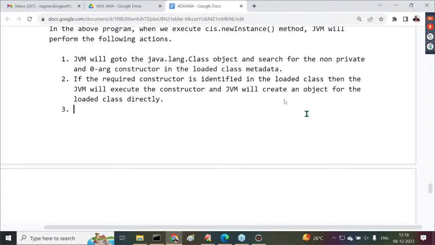When the required constructor, that means a non-private and zero-argument constructor, is available in the loaded class, JVM will execute it and create an object for the loaded class. That point we understood. Next, what is the next point I'm telling you? Object is created, it's okay, fine. Then we are able to achieve our requirement. But before that,